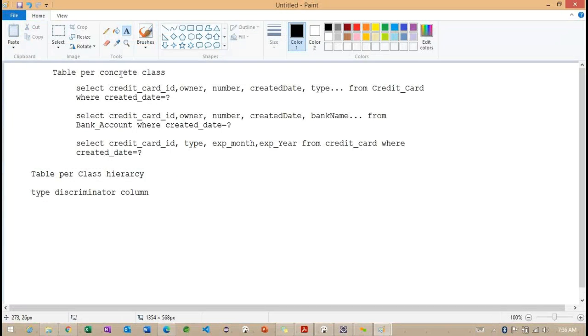The performance and creating this table provide simplicity, because inside the same class we are providing all the information here.